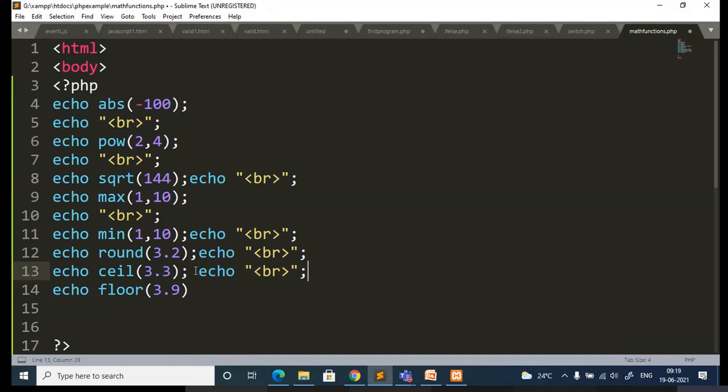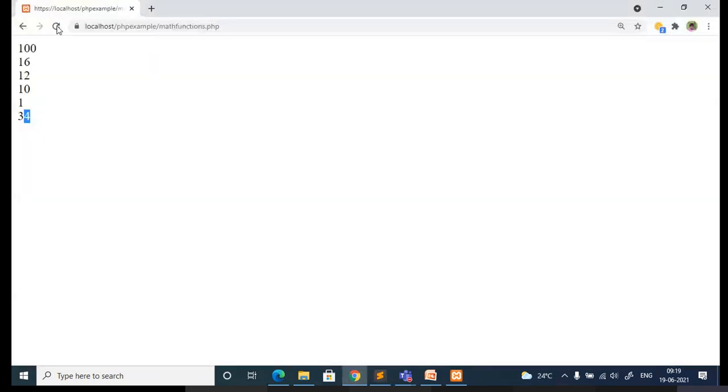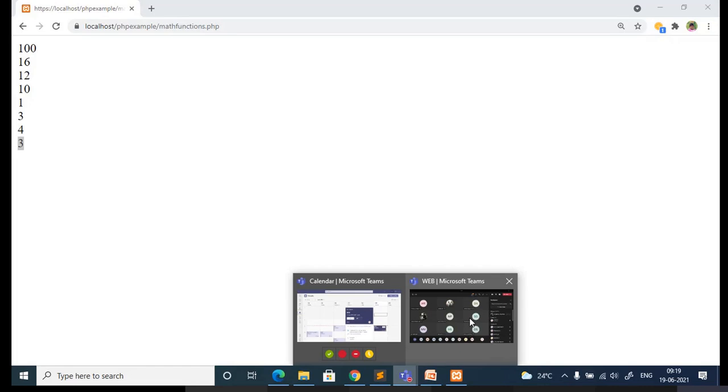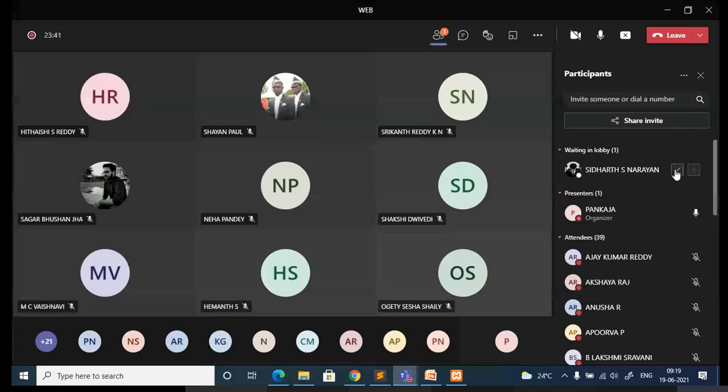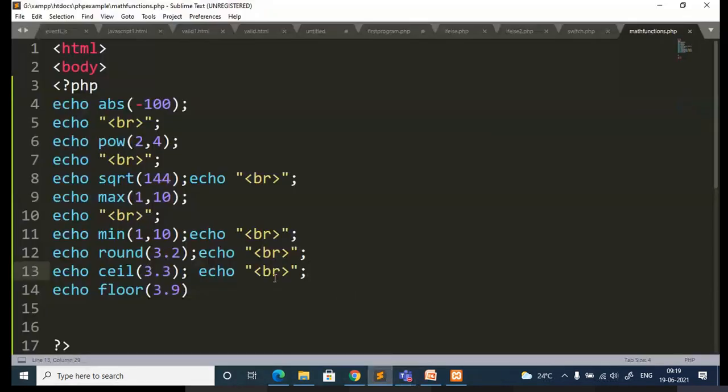But because here I am using floor, it is going to round to the lower number. You can see the 3. So like this you can make use of all the simple mathematical operations.